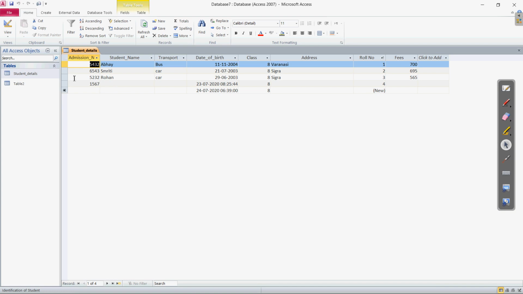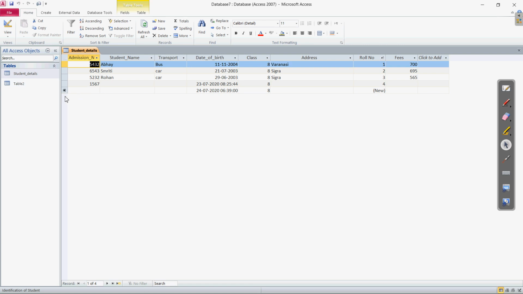We have entered all these values, the admission number, student name. Here you can verify that by default the class is coming as 8 in all of these, and it is necessary to enter the primary key, admission number, for any record. Clear?